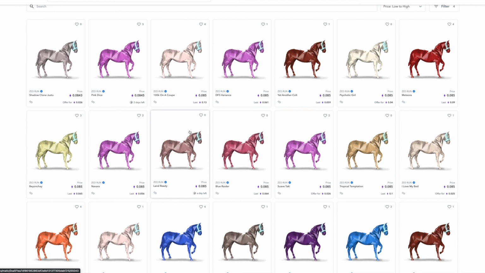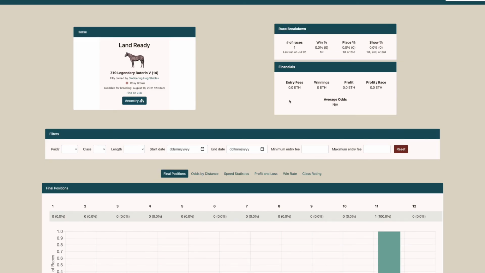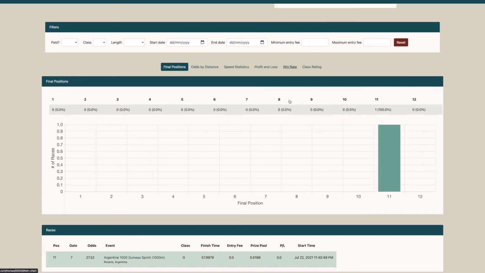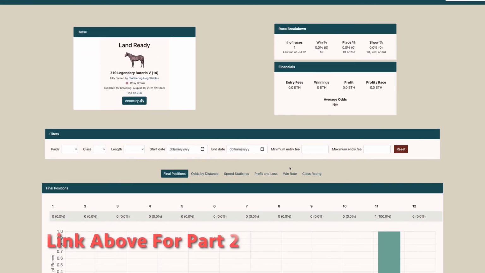But if you went in blind and you didn't do your research with this, so we've gone to Land Ready here, we've gone to Know Your Horse, you've put your £200 in, and you've not checked the statistics. This has had one race and it straight away finished 11th. I wouldn't buy that because it's probably going to be a crap horse, to be honest with you. So this is where it's best to do your research and make sure you do